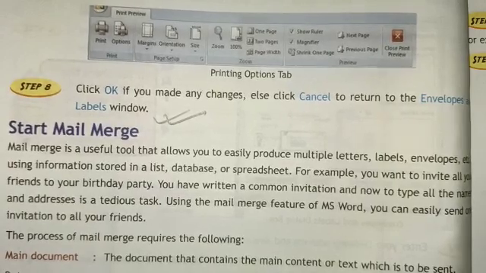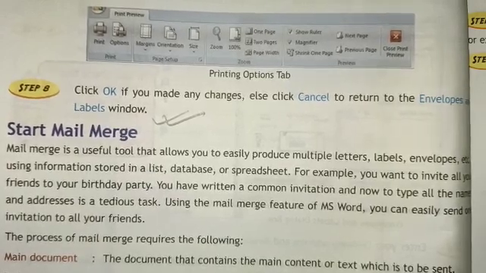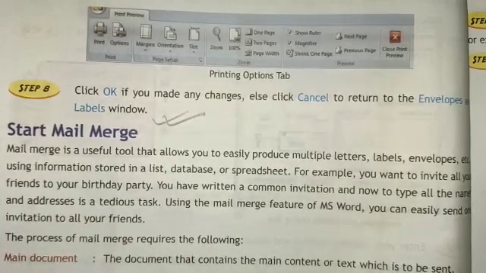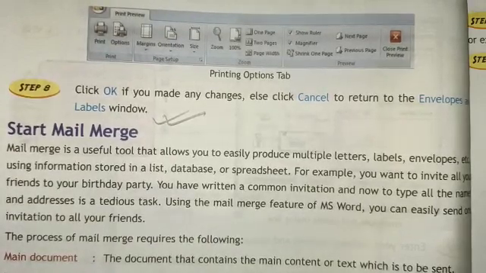If we have to write the addresses manually, this is a very big task. But using the mail merge feature of MS Word, we can easily send one invitation to all the friends.